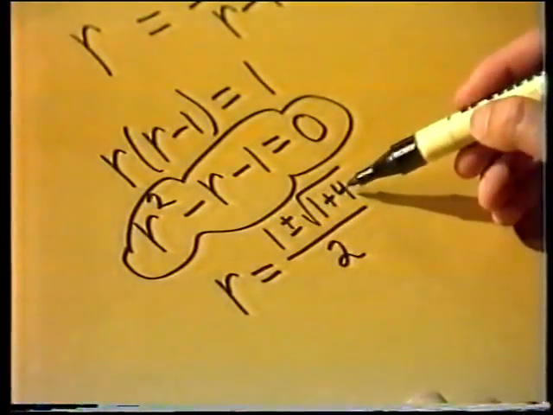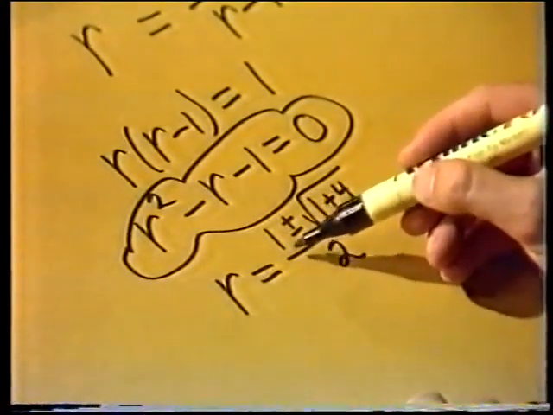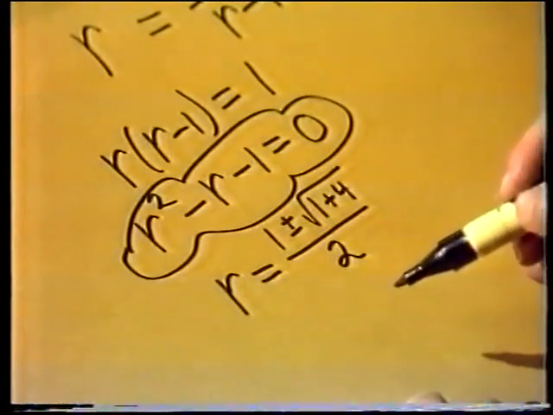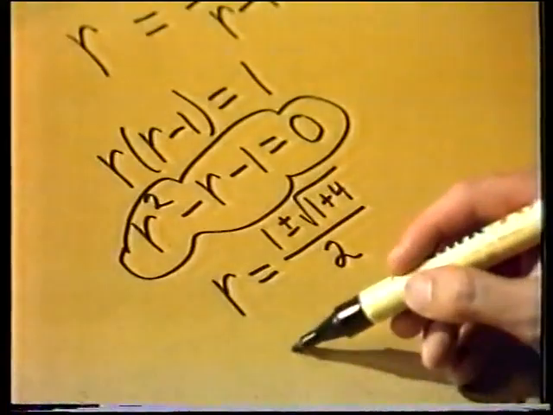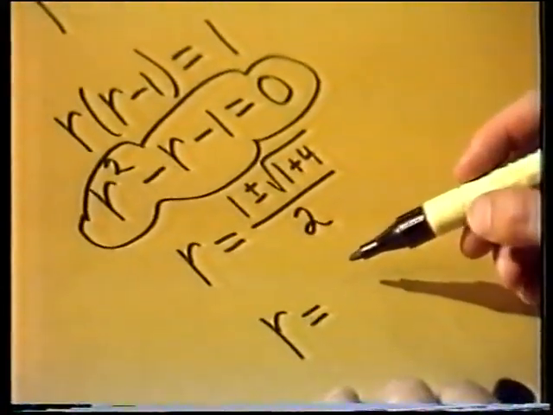Well, the plus is okay. This is a positive quantity bigger than 1. Plus 1, it's positive. But when I subtract this from 1, I'm going to get a negative. And that really isn't acceptable. We're interested in ratios of lengths, which are positive. So I have only one solution out of this equation. It's 1 plus the square root of 5 over 2,